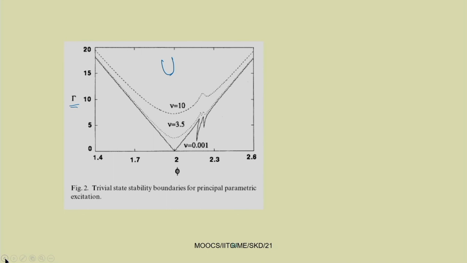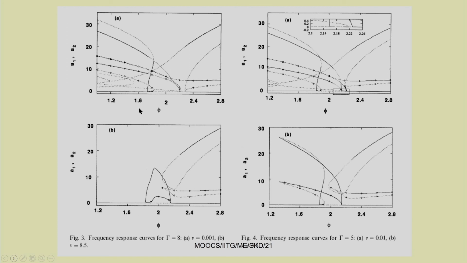Those 4 equations can be solved by using different methods, but particularly you may be interested to use Newton's method. By using Newton's method for multiple algebraic equations, you can find the solution. Here you can observe many different types of bifurcations. For example, this point is a Hopf bifurcation, and you can have a saddle node bifurcation here, and here also a saddle node bifurcation. All sorts of bifurcation points you can find in the responses.